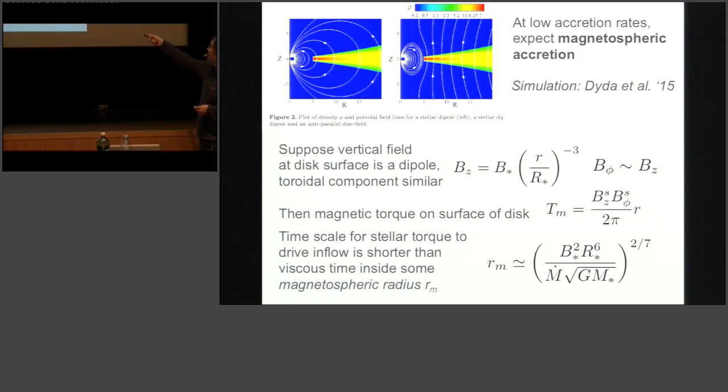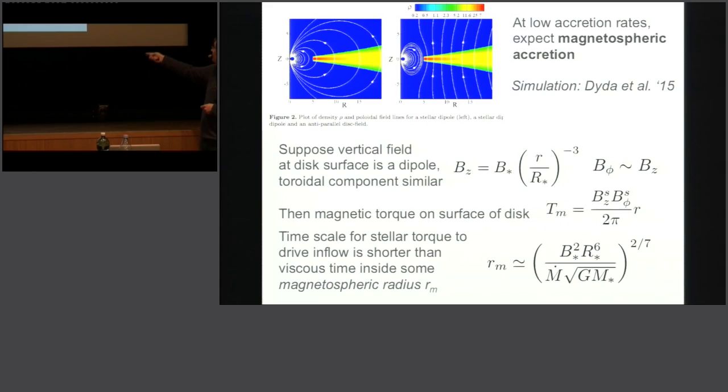The star here has some closed magnetic field lines close to it. Here's the disk. The disk is threaded by some open field lines, and then as the gas flows in, it's truncated when it reaches this magnetospheric boundary. So we can make some simple estimates of how strong a magnetic field we need for that kind of geometry to pertain. Let's assume that the vertical field that threads the inner edge of the disk is a dipole, so it falls off as r to the minus 3 with some normalization depending on how strong the magnetization is